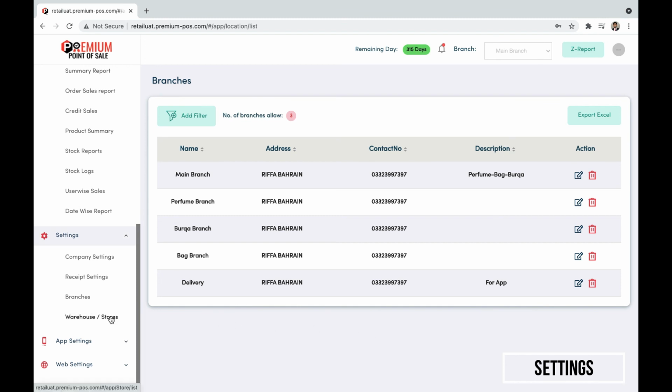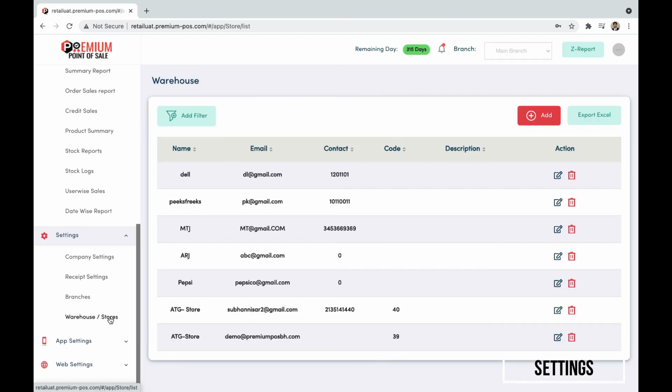Now I'll go to warehouse and stores. In this list we can get information about the warehouse, such as the name, the email, the contact, the code, the description. We can also perform several actions on the fields, such as edit or delete. We can also add warehouse information such as name, email, contact, code and description by clicking on the add button